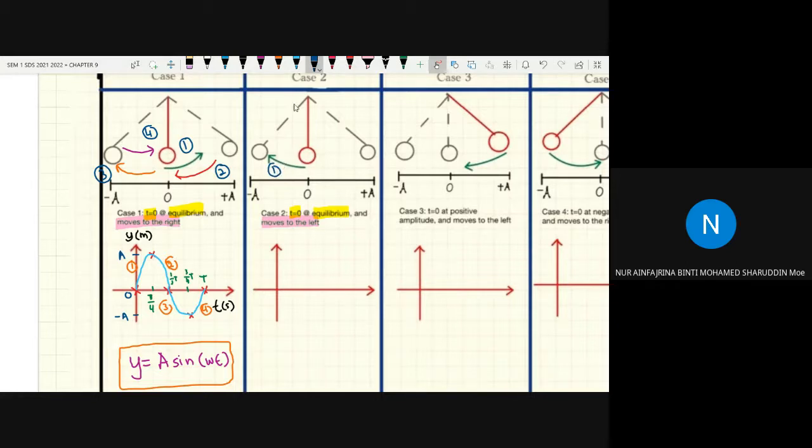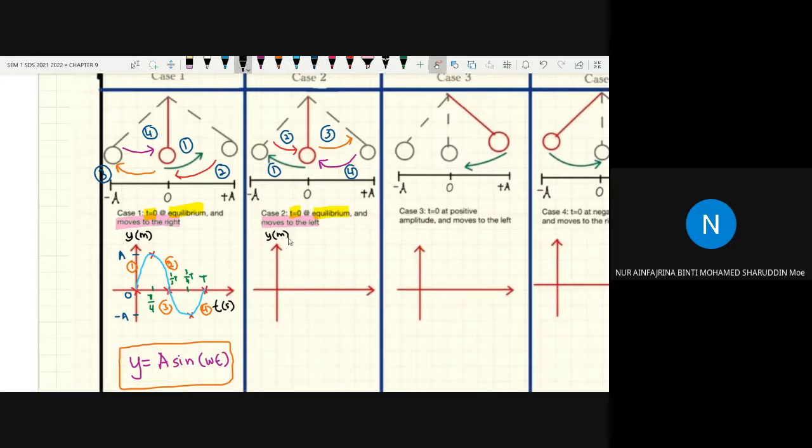From there, in the second step, it returns to equilibrium. After it returns to equilibrium, where does it move to? It moves to positive amplitude. After it has moved to positive amplitude, it returns to equilibrium. So first, second, third and fourth. Same as before, we are going to plot